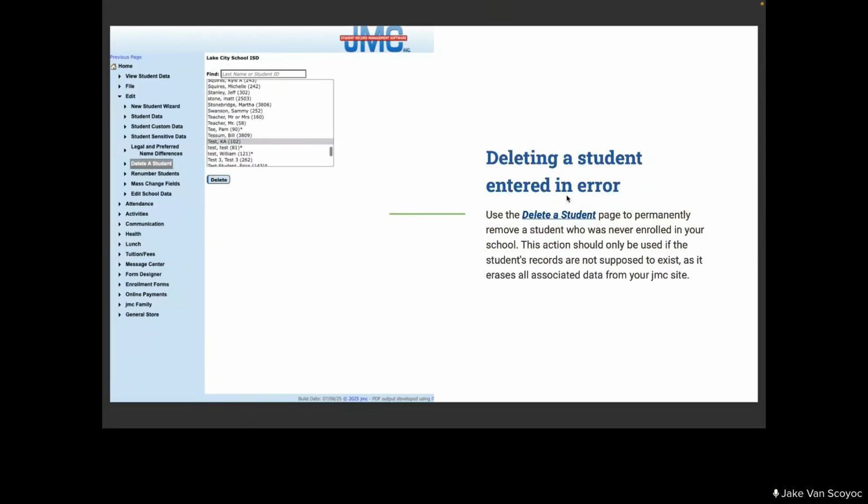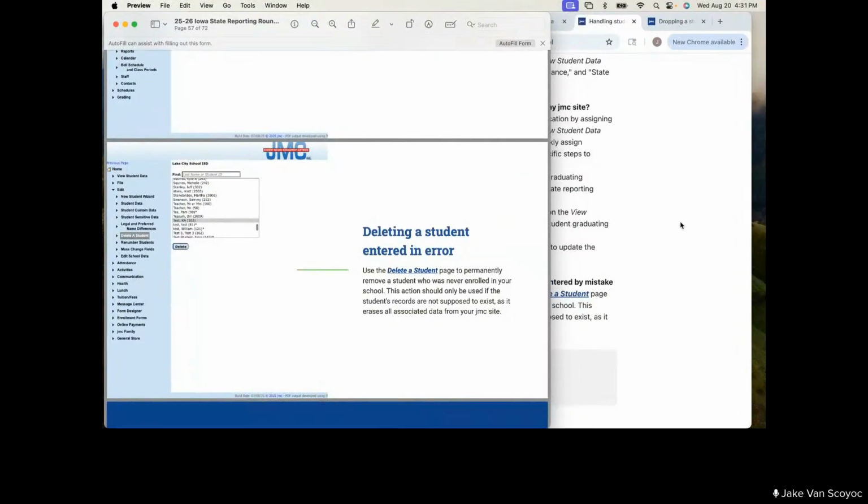And then the last piece would be that delete a student. When would you use the delete a student function? The answer is only if you want to permanently remove that student who was never enrolled in your school. And it should only be used if that student's records are not supposed to exist in your site. So that delete a student, it's under